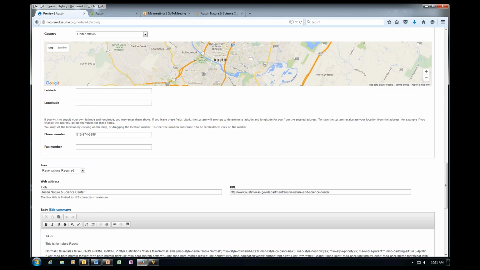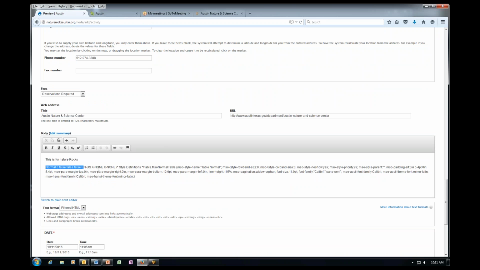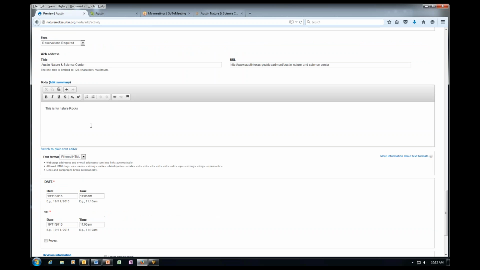So you can do two things. See how this is all this gibberish down here underneath it, when really all I want is nature. This is for Nature Rocks. You can either delete all that, but you have to remember to delete it, otherwise it will show up very funny. Or